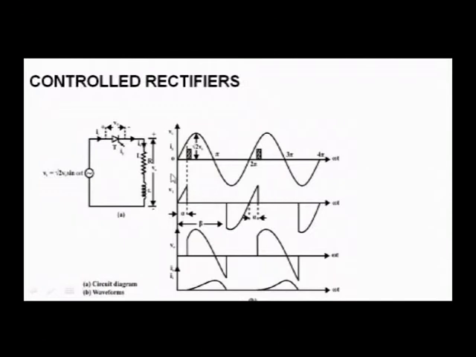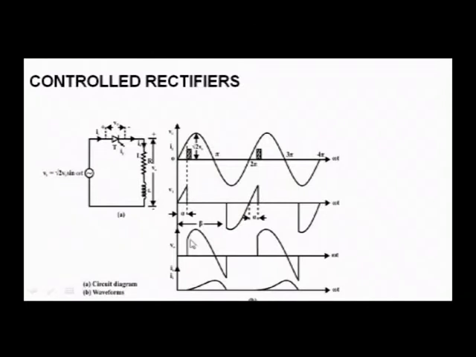Please see, you have an AC input sinusoidal waveform and you are giving the gate trigger pulses. The voltage across the thyristor will be there as long as the SCR remains off and does not conduct. Once it starts to conduct, it becomes 0, and the remaining part of the negative half will also be there.